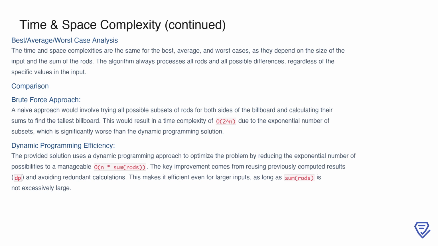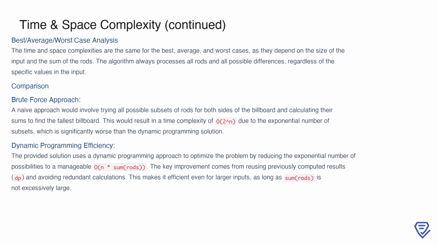Comparing this to the brute force approach, a naive method would involve generating all possible subsets of rods for both sides of the billboard and calculating their sums to find the tallest configuration. This approach has a time complexity of O(2 to the power of n), due to the exponential number of subsets, which becomes infeasible for large inputs. In contrast, the dynamic programming solution significantly reduces this to O(n times sum of rods), leveraging the dp dictionary to reuse previously computed results and avoid redundant calculations. This optimization makes the solution much more efficient, especially for larger inputs, as long as the sum of the rods